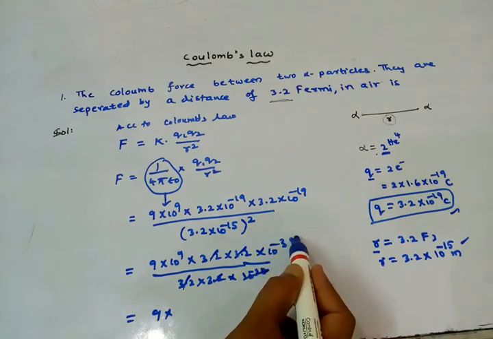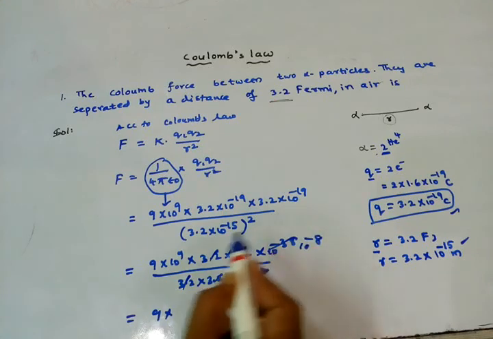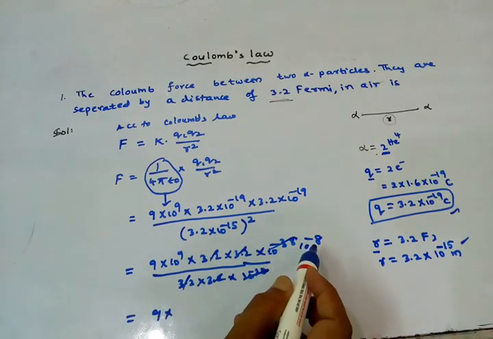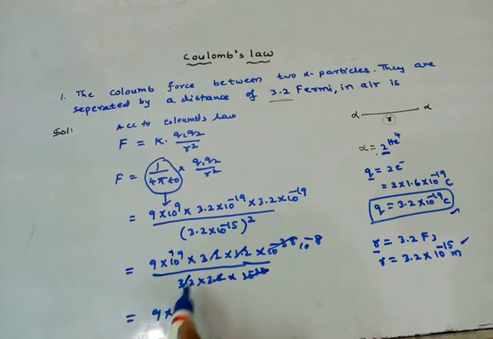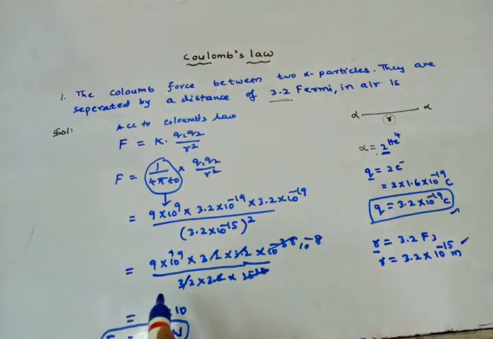Just we'll get here 10 power minus 8 plus 9, into 10, we'll get 90 Newton. So the force between two alpha particles which are separated by a distance 3.2 Fermi,